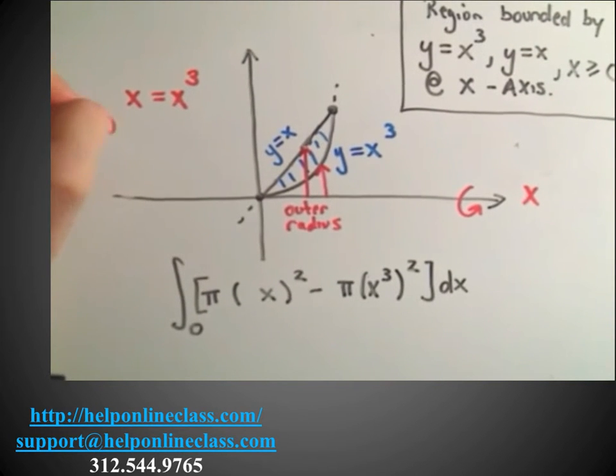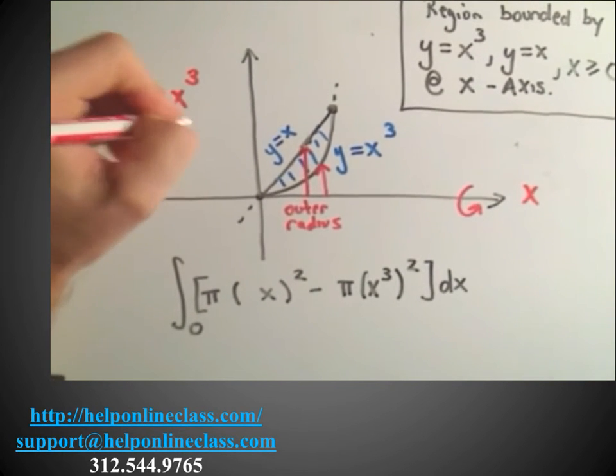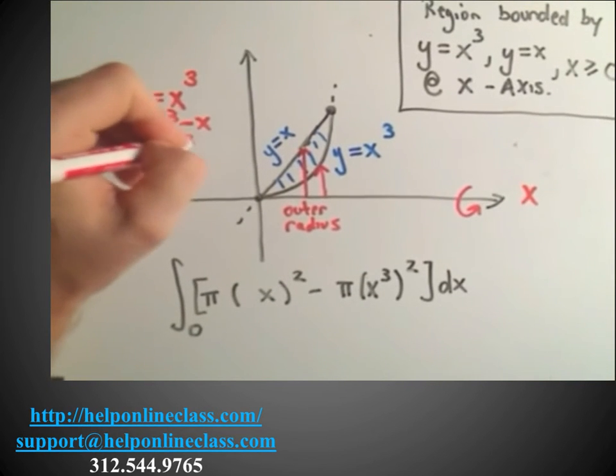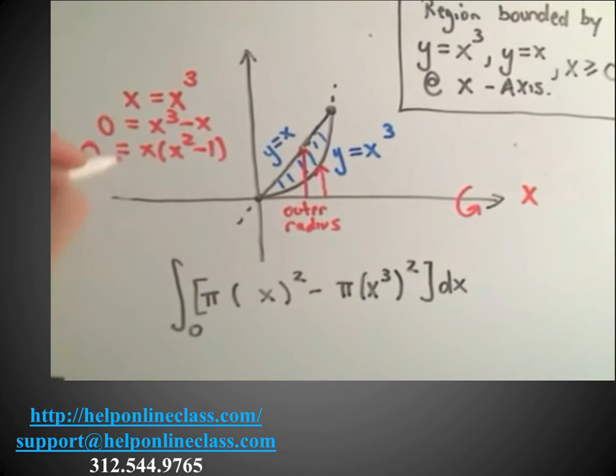Set them equal, then make one side 0. We could factor out an x. We would get x squared minus 1. If you factor x squared minus 1